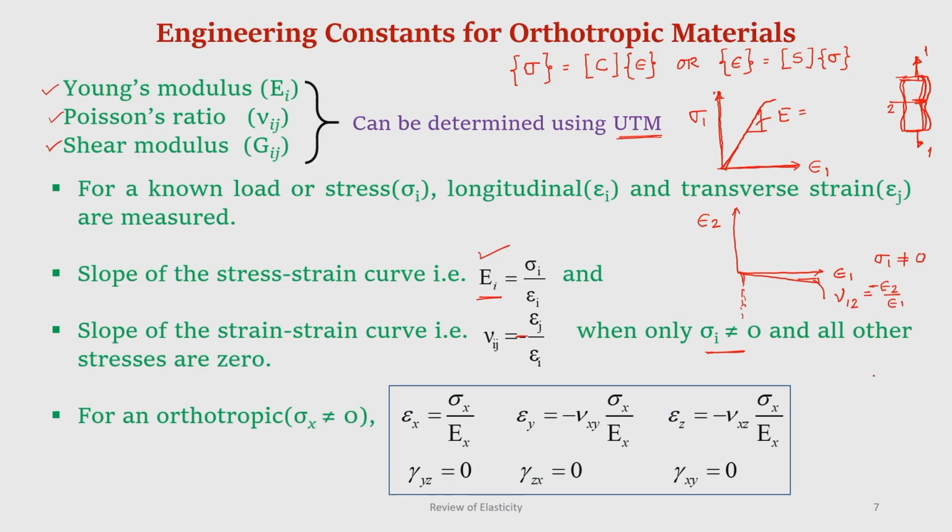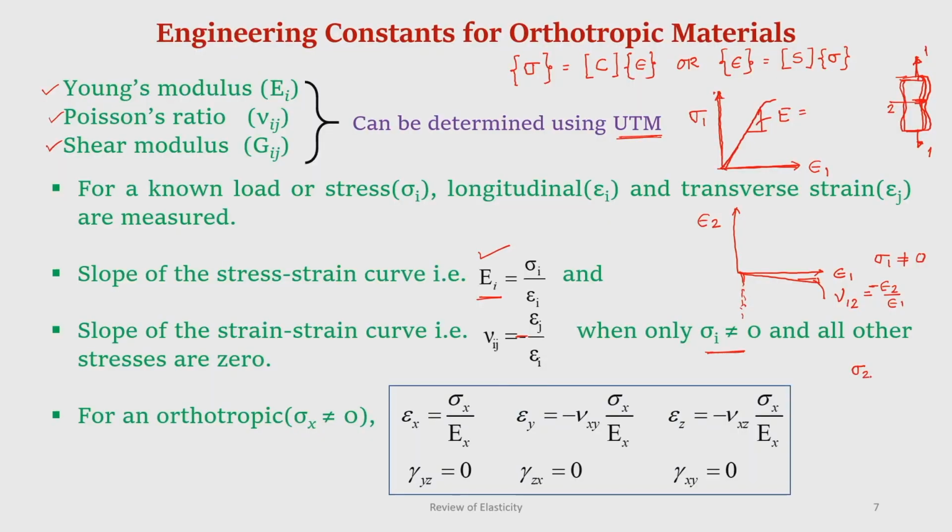And the slope of the longitudinal strain versus lateral strain curve, that is minus epsilon j by epsilon I, when only sigma I is applied, is the Poisson's ratio. This is the definition of Poisson's ratio. Similarly, we all know the definition of Poisson's ratio, that is lateral strain by longitudinal strain,